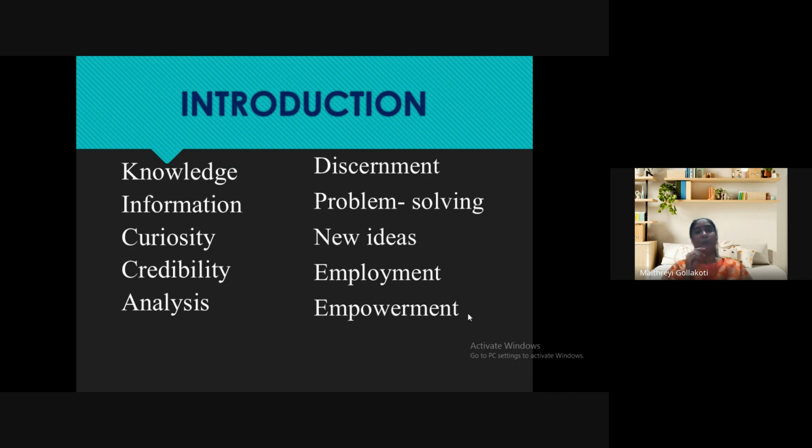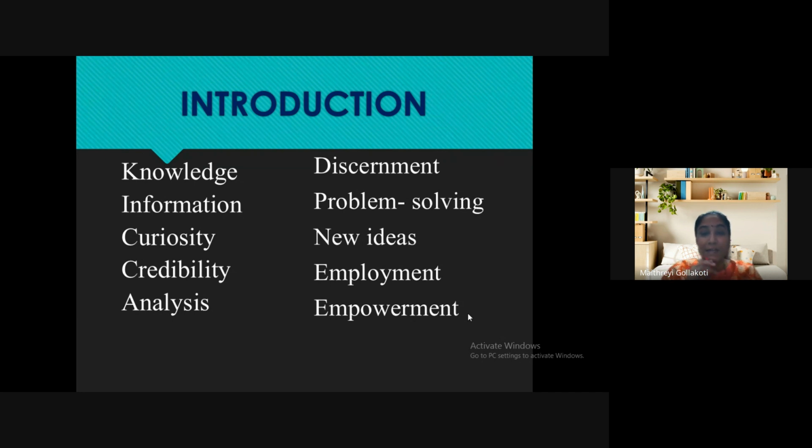And next is new ideas. Research always gives birth to new ideas. Something we already have, a means of transport, we try to find something better. We already have 5G, we try to find something better, maybe 6G, isn't it? Like that, research gives birth to new ideas. And when new ideas are churned out, we have to create them, we have to design them, we have to give them to the people. And for all these, we need jobs, isn't it? So, new jobs are created through research of new things.